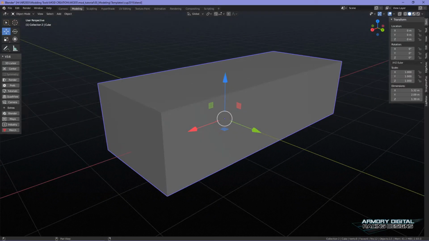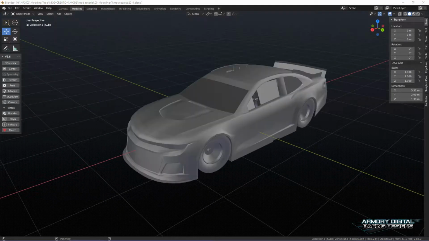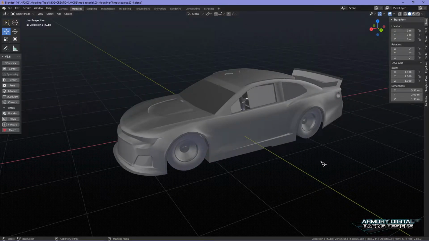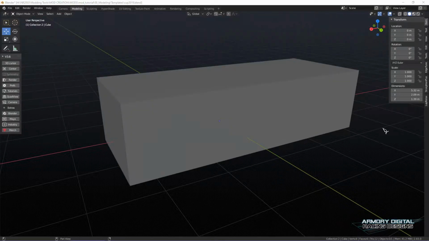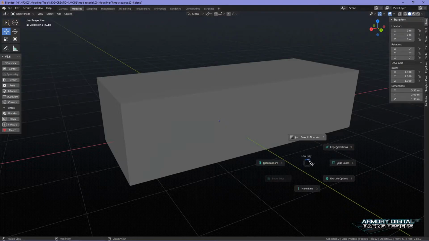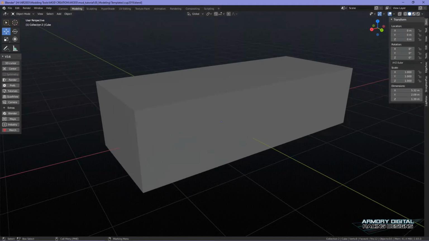Now, actually I'll turn it back on and just show one of the trickiest parts, especially when you're starting. All cars usually have tires and a body, and usually those tires, if you're not doing open wheel at least, will have some sort of frame around them. This is usually the toughest part, and I like to get that out of the way. Of course, with modeling, there's a million ways to do this stuff. This is just how I'm going to do it. I'm actually going to turn off the cube,